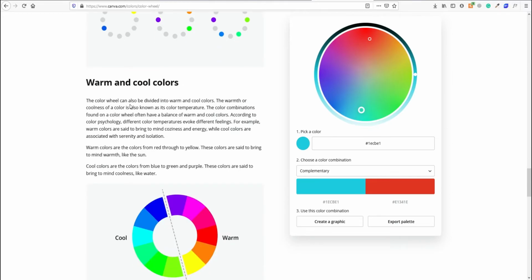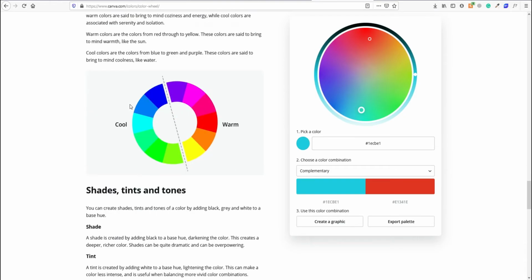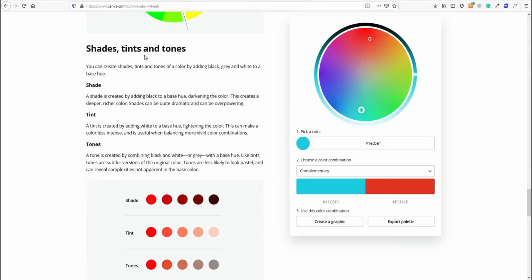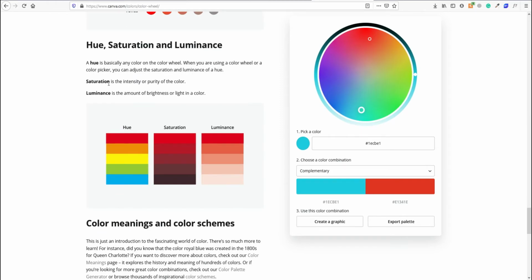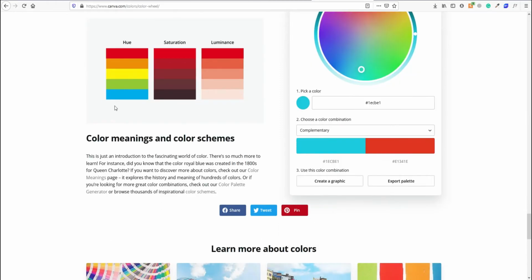Basically, the ones which are more red are warm colors, and the ones towards blue are called cool colors. How do you shade and give tints and tones to your image or your color? What do saturation and luminance mean?